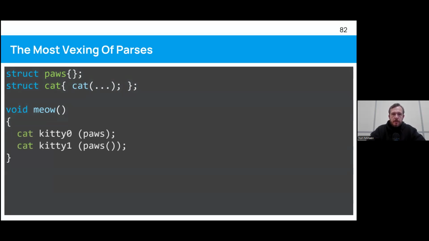And we have two declarations like that. If you want to guess what these are, you can write your guesses in the chat. I'll look at the chat for a couple of minutes. If you don't want to guess, I'll just wait a minute or so and continue.